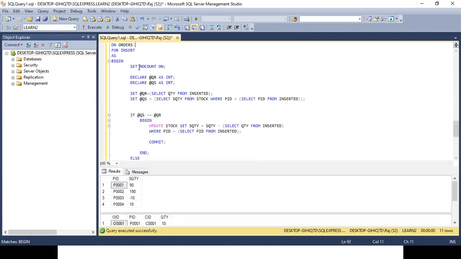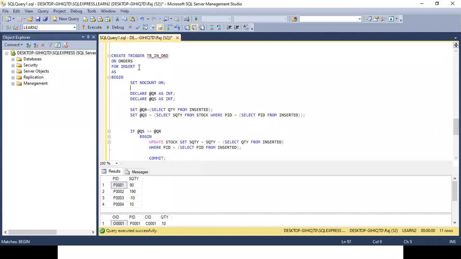Create trigger name on orders for insert as begin, set nocount on, declare @quantity_required as int, @quantity_in_stock as int. Any confusion still here? Then we have set @quantity_required equal to select quantity from inserted. So from the inserted table, we have picked up the quantity.